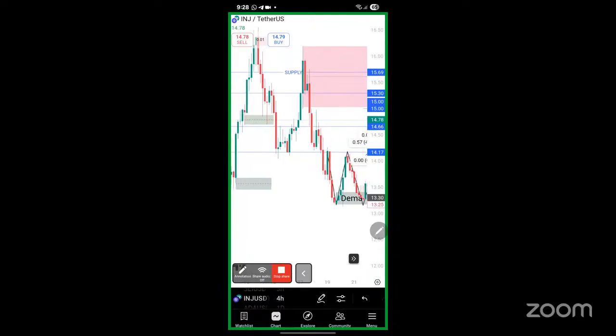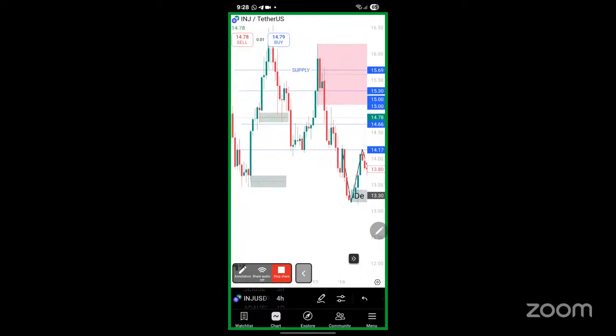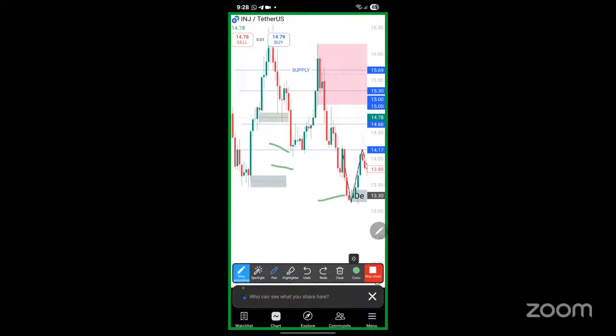Just understand the candles. The bullish, for example, when you look here, there is a bullish engulfing bar. When you look at this, it is a bullish engulfing bar. This bullish engulfing bar is a valid one. Why? It has been formed within a demand zone. You understand? So when you find a bullish engulfing,